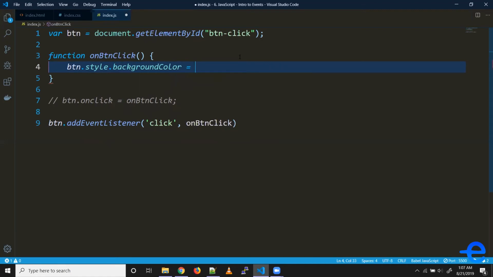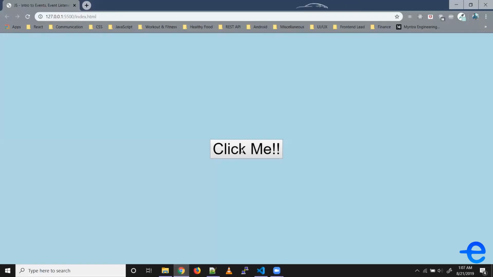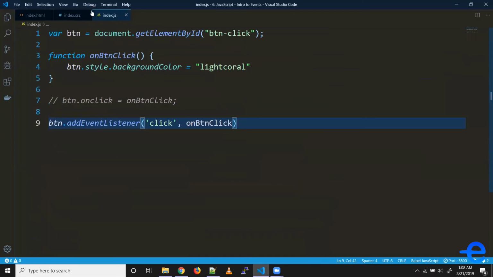And to update it, we can simply give a value here, say light coral. Let's save it. Coming here, when I click this button, it changes the background color of the button. So what we want is to change the background color of the division. So coming here,